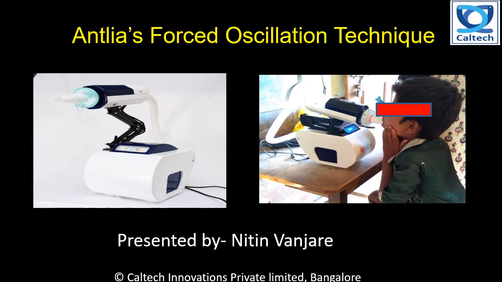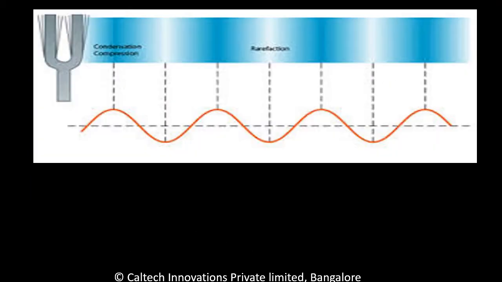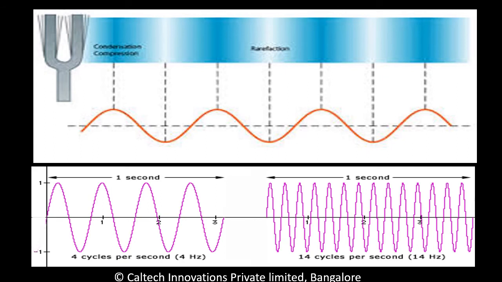Now let's talk about what are sound waves and frequencies. This is a tuning fork, and I'm sure that every one of you must have used or done this experiment in school. When you hit this tuning fork on a solid surface, it produces waves of different frequencies. Now these waves are nothing but compression and rarefaction of airway molecules. A wave has a property called frequency. In a wave, if there are 4 cycles,